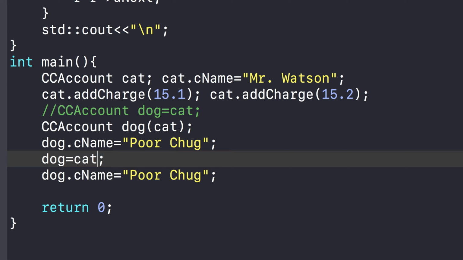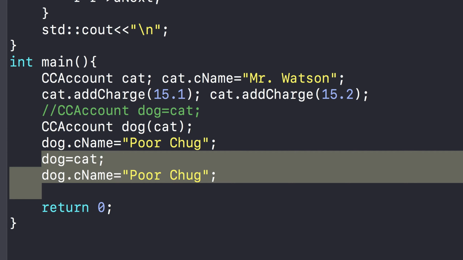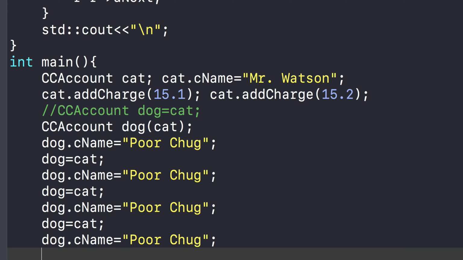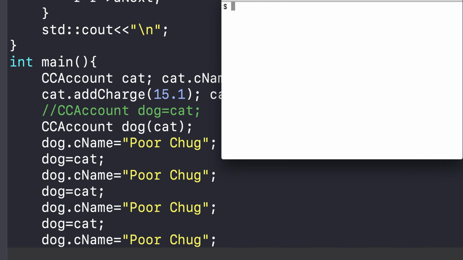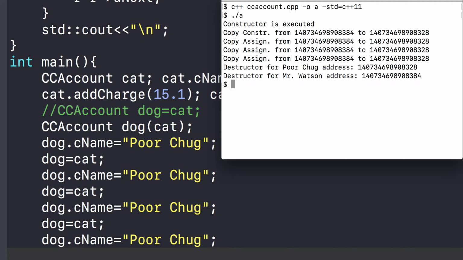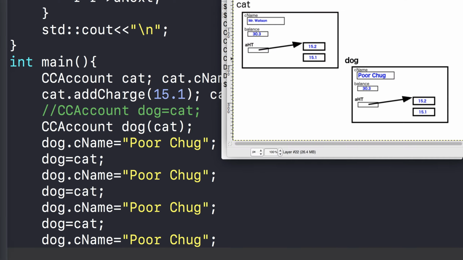And I will copy this code several times. 1, 2, 3, and maybe several times. So let's see what happens. Clear. I compile and then execute the code. So we are not seeing any mistakes, but there is a bug, and the bug can be seen once we analyze the memory diagram. So in our first copy